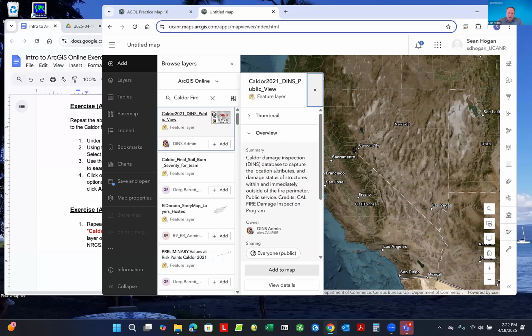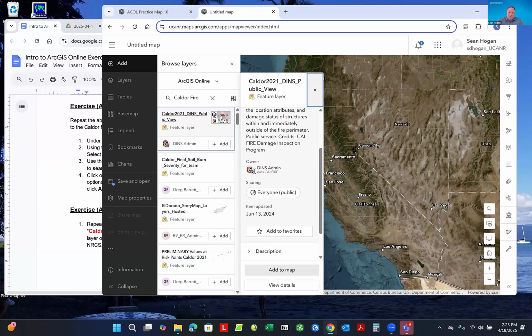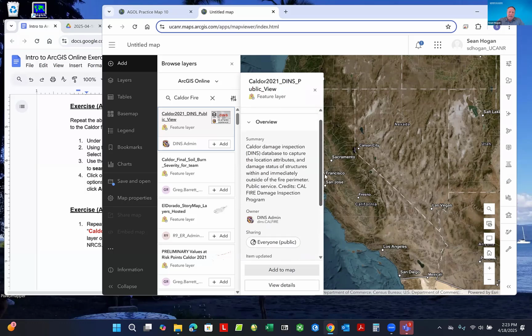I know it's associated with Cal Fire, but essentially what this is, when there's a major fire, the damage inspection network comes in and they inspect structures for damage. I have a friend that actually was one of the people that did the inspections for this fire. And so it doesn't say authoritative here, but I do know that this is a relatively authoritative